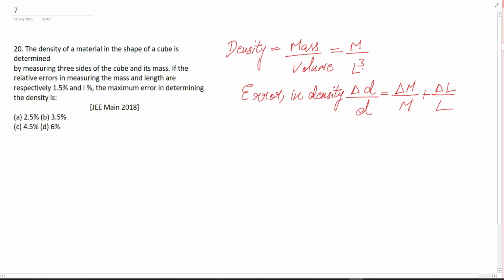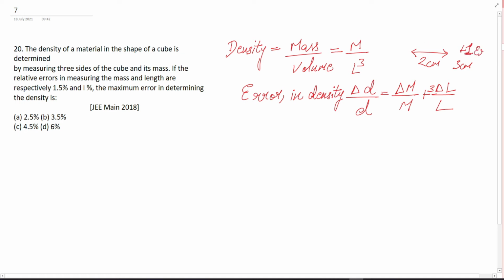Now since we have L cube here, this exponent will impact it in this way. It will be multiplied. So whatever error was calculated in the length, it will be multiplied 3 times. Suppose the length was, let's say, 2 centimeter, and it was wrongly accounted as, let's say, 3 centimeter. This was a +1 error in our case. This is just an example.